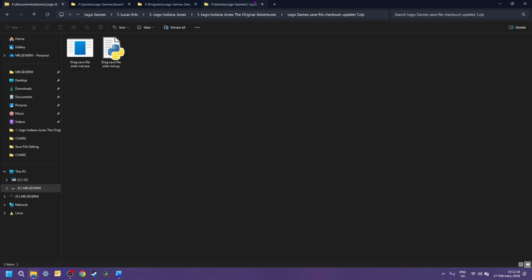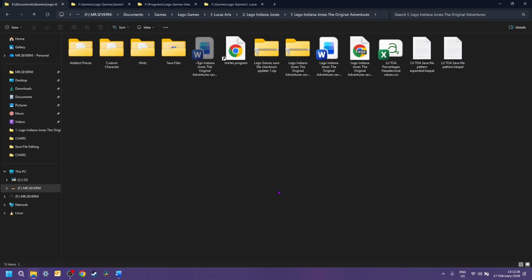It's a bit more complicated. Games in between Lego Batman and Lego Indiana Jones, I don't have those games, and I don't think I'll ever be interested in those games. I'll mention it again when I talk about the first Lego Batman game's save file editing. And I've also updated the repos for the previous games to include this as well.